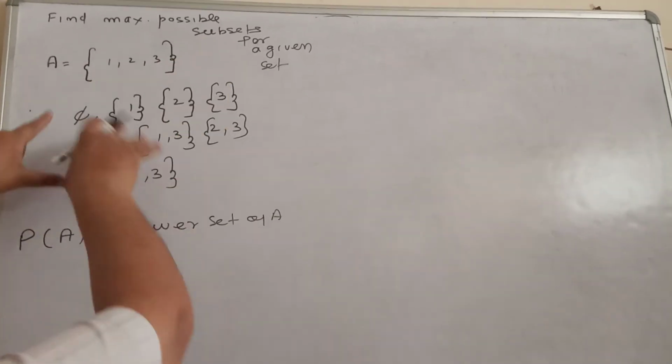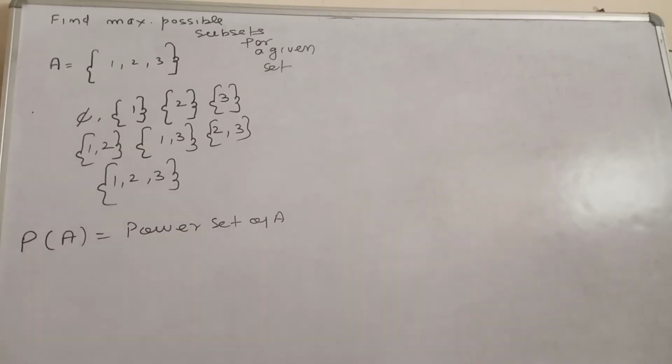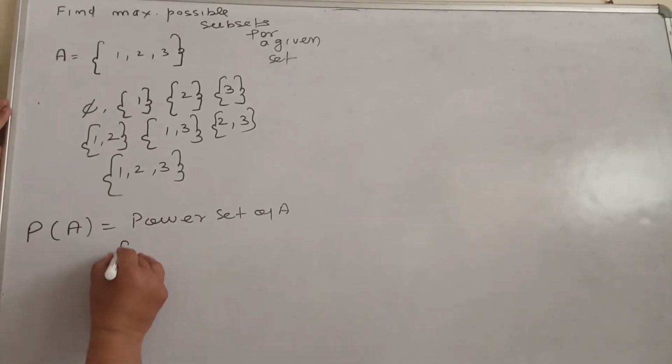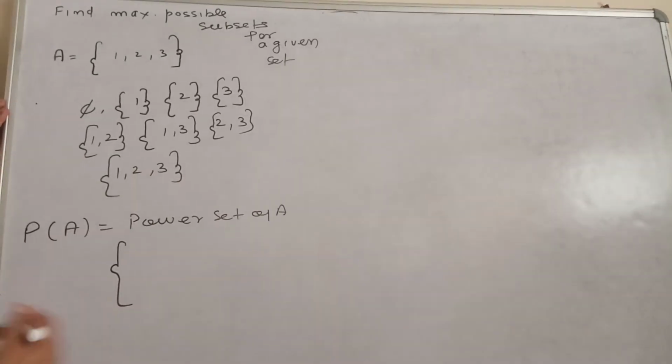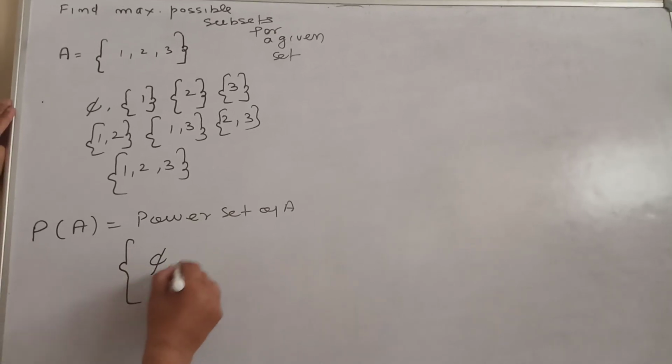In the same sense, if all these subsets are scattered, this is not the power set. So if we collect them and bound them in a bracket, that is {null set,